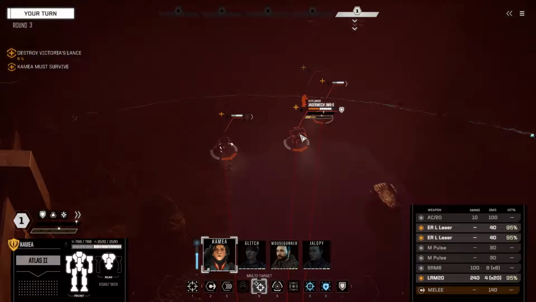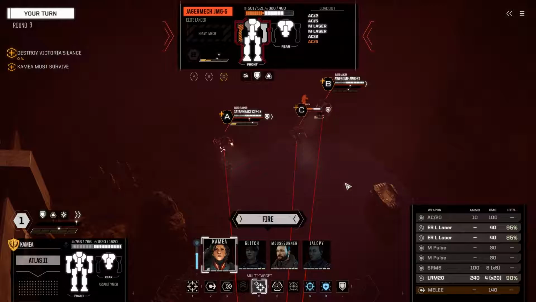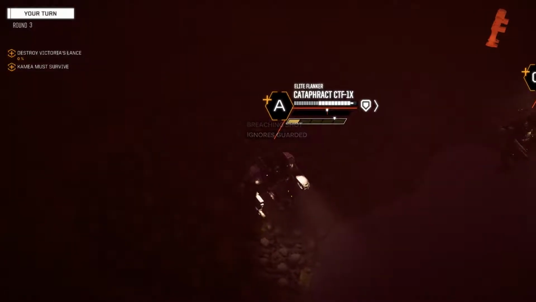Okay, so the LRM-20 is going to go against the Yager mech. And then we'll split the lasers. So you'll be A, you'll be B, and B will be the other laser. And then you will be C, and C will be the LRM-20. Okay, that will be the target. Fire. Engaging the enemy. Multiple targets. This isn't going to do a ton of damage, but...